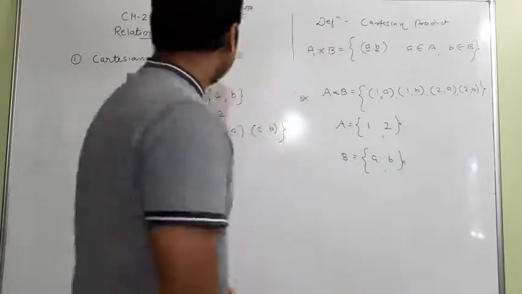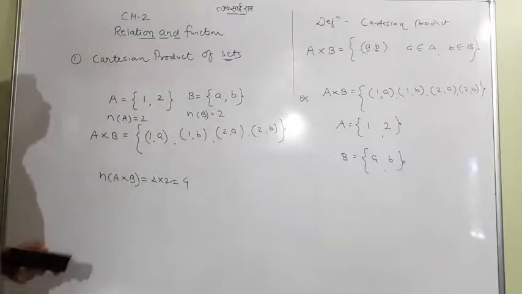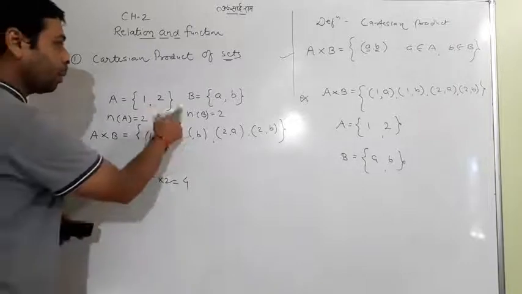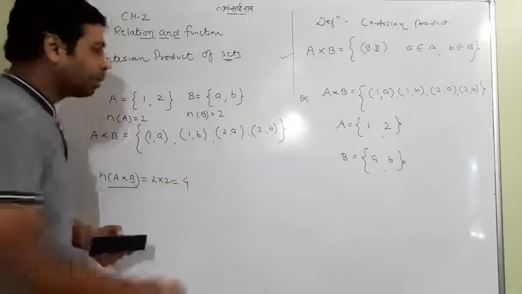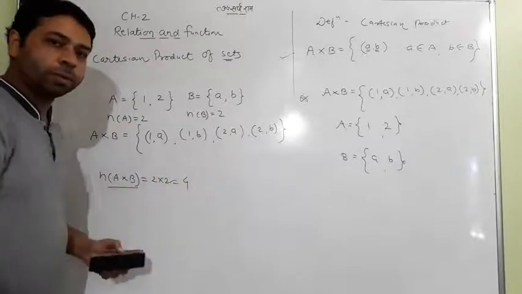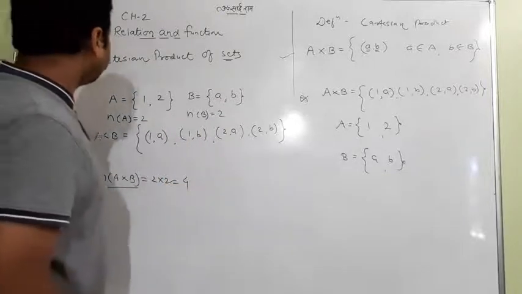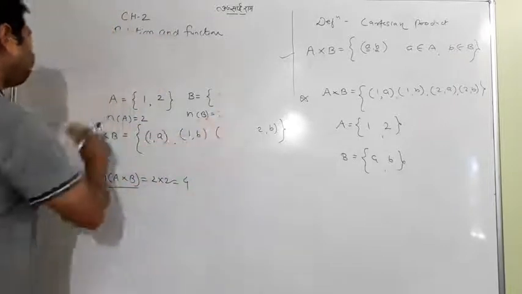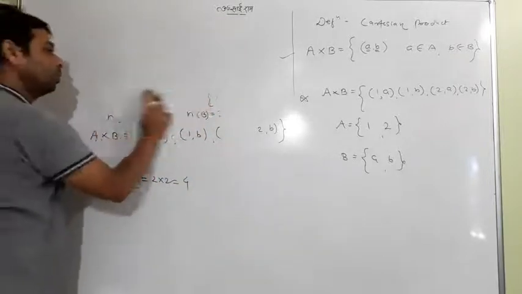Okay, very simple. For A cross B we have learned the definition. We have learned that how many elements A cross B will contain depends on the elements of A and B. Suppose A has 3 elements and B has 4 elements, then there will be 12 elements. So very simple it is. Let me rub it out and go on to more questions.